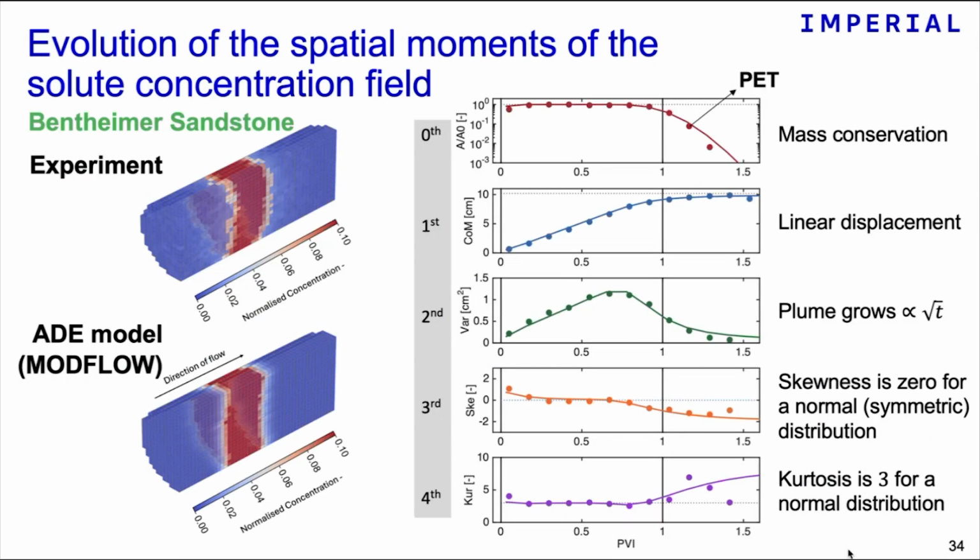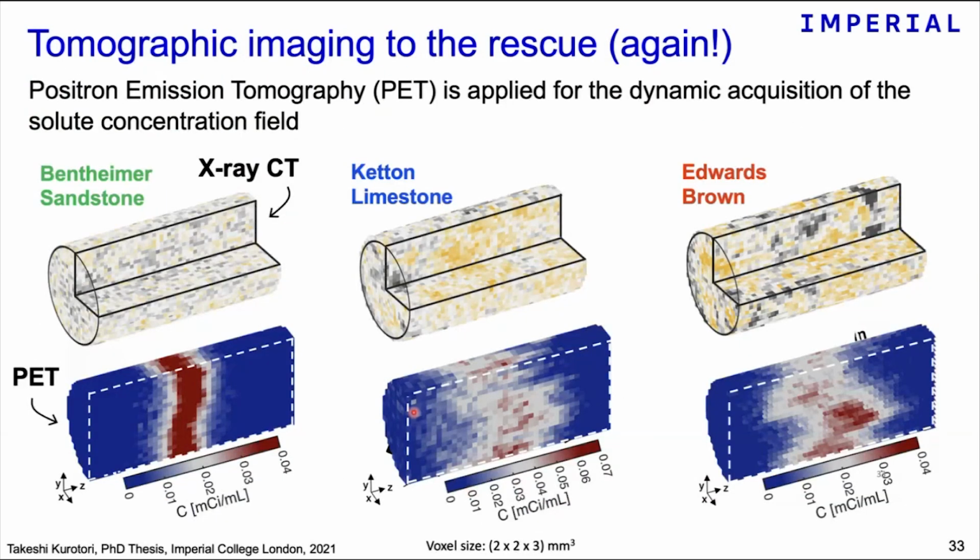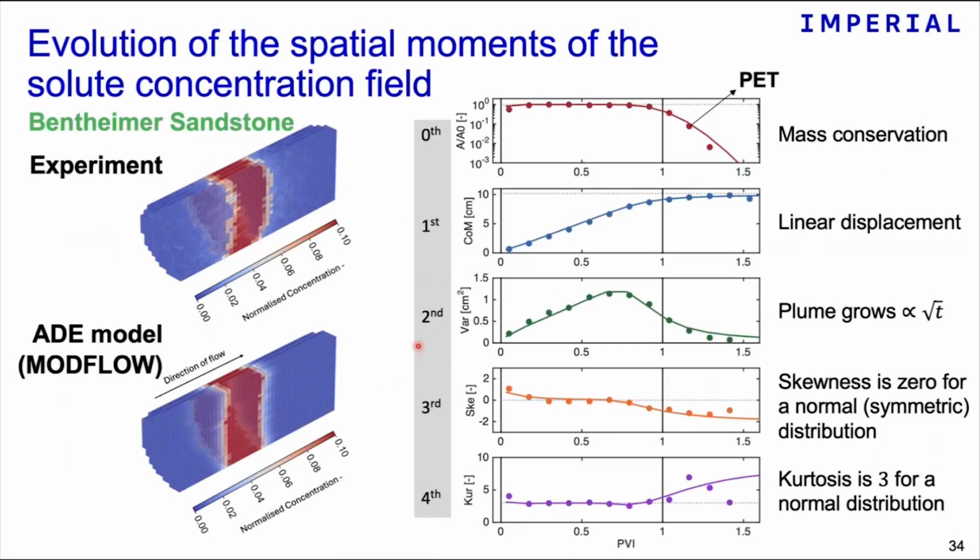One very useful thing that you can do, when you have this sort of data set, is that you can actually extract much more information about the transport process in the rock sample. As opposed to just analyzing a breakthrough curve, we can actually extract the spatial moments of the solute concentration field as a function of time, right? And here I'm just showing the behavior of the first 4 spatial moments that are directly extracted from the images obtained in the experiment. And the behavior of these moments contains a lot of information about the key transport processes in the sample, right?